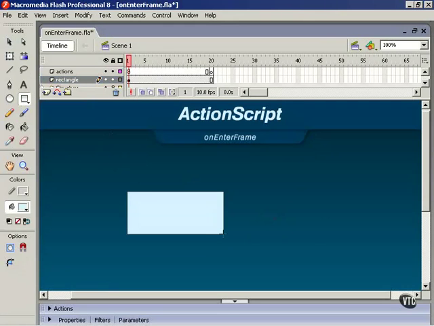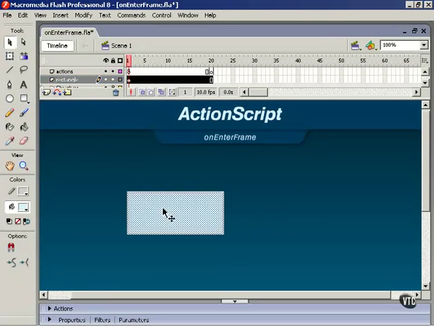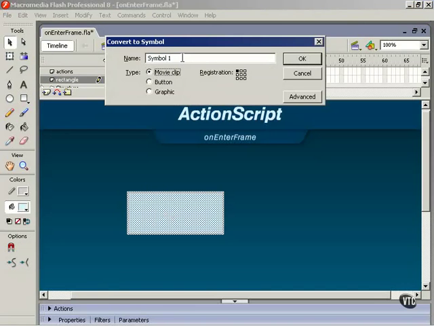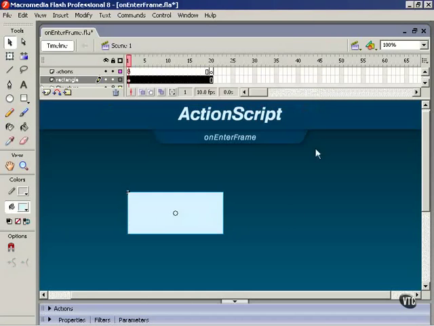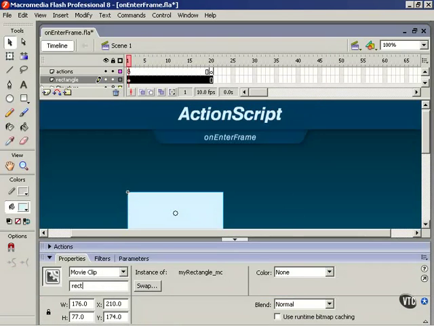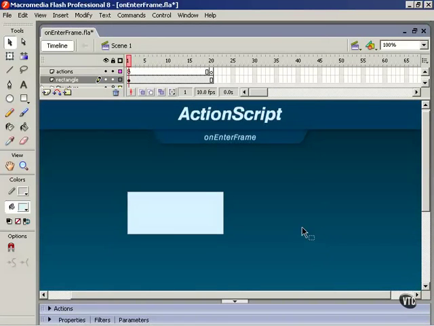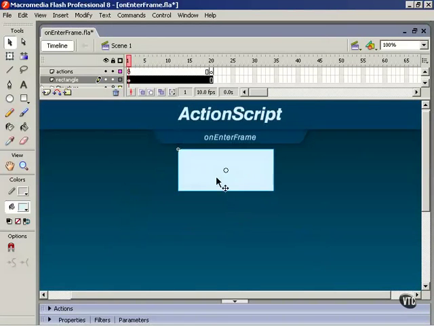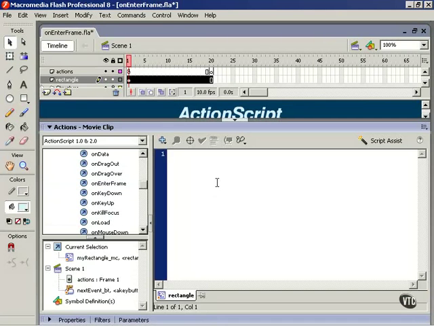So draw the rectangle, select it and hit F8, or use the menu to convert it to a movie clip, and we'll give it a name, myRectangle_MC, and hit OK. Now we need to give it an instance name. We'll just make this rectangle. Now we'll move this up here closer to the center, and we can add an onEnterFrame function to frame 1